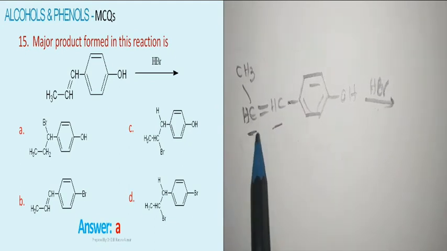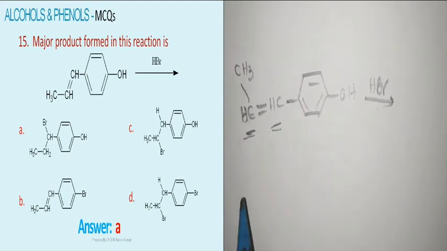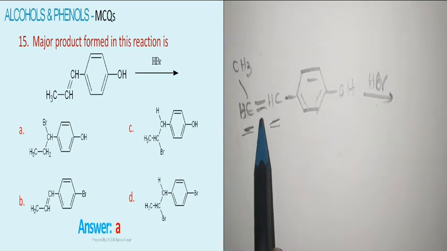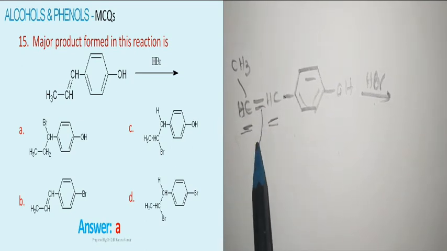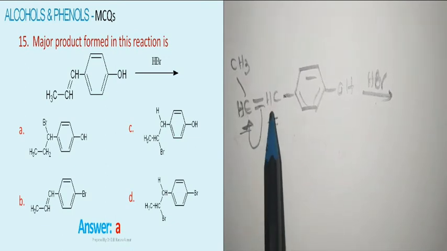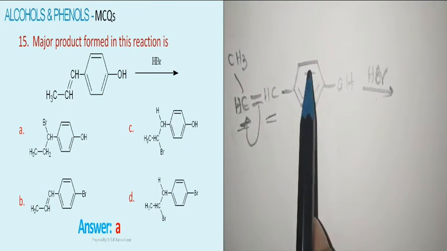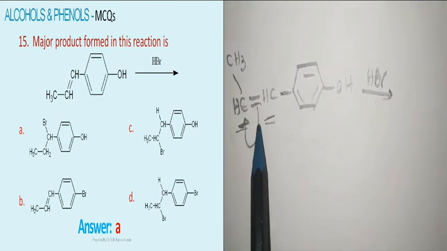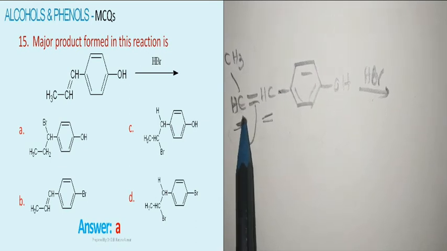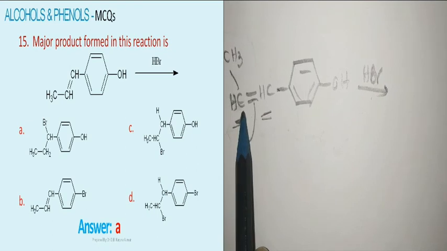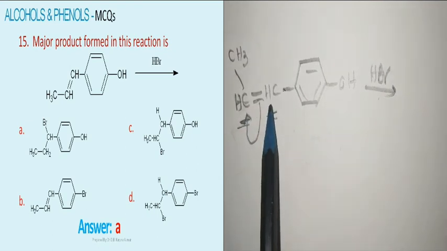But this is not a simple alkene, and you cannot even apply the so-called Markovnikov or anti-Markovnikov rule here, because both the double bonded carbons have the same number of hydrogens. Therefore, the reaction mechanism comes into picture here. If I rotate the pi bond onto this carbon, then the carbocation generated will have more stability due to this phenylic assistance. Hence, the pi bond will be rotated onto this carbon only. Hence, negative charge appears here. Therefore, hydrogen comes here and bromine will be added to this.